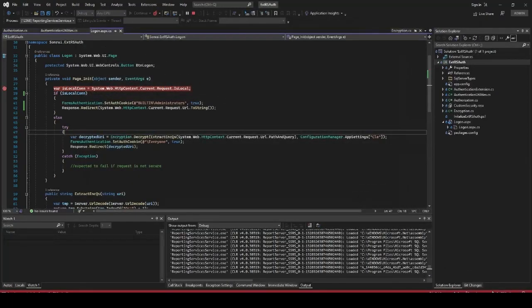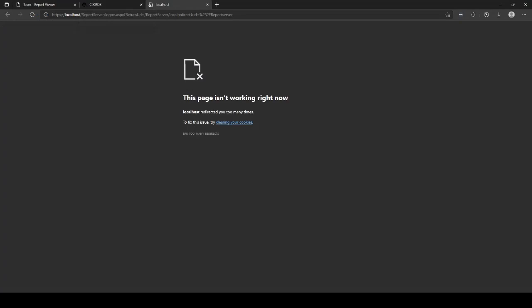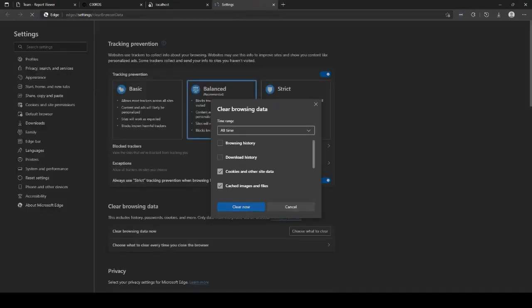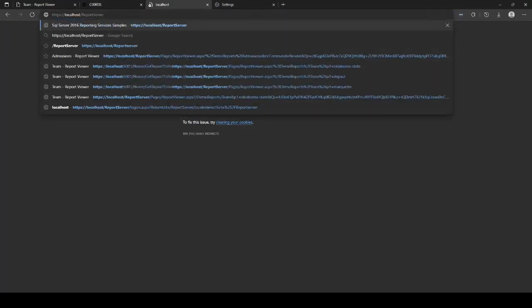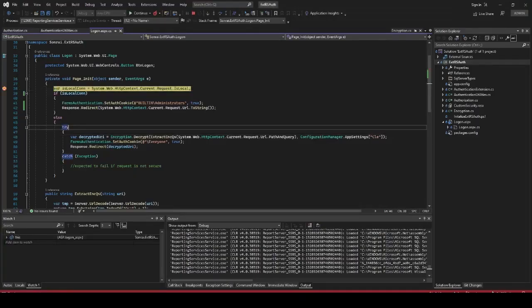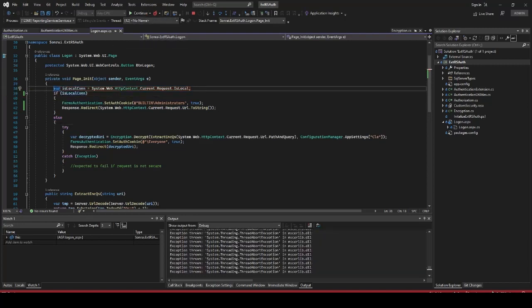Once attached to this service, clear our cookies to make sure we're not already authed. And let's try to access the report server. What happens is it's going to jump into this page init because we are attached to the reporting services process, and it's going to recognize, hey, it's a local connection, go ahead, authenticate them, and make them the administrator SSRS user, so they can do anything. So if I continue along here,